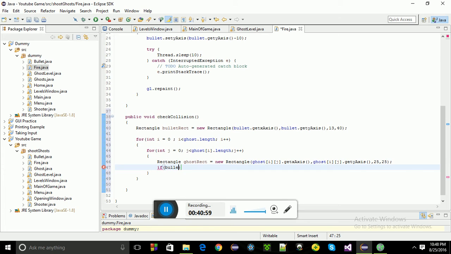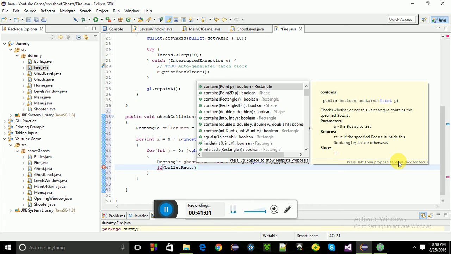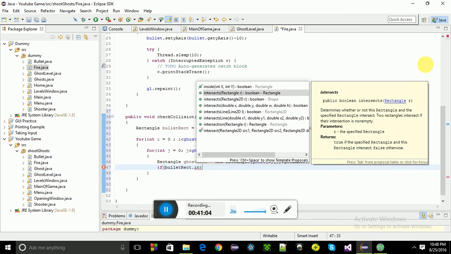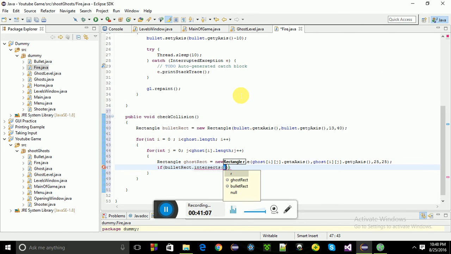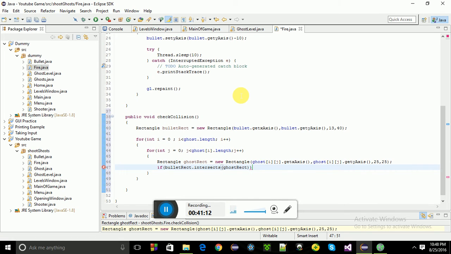If bulletRect.intersects, it takes a rectangle as a parameter, so if it intersects ghostRect, then I will set the ghostRect somewhere far away from the space. Yeah, I'm stupid, because I should have written the ghost